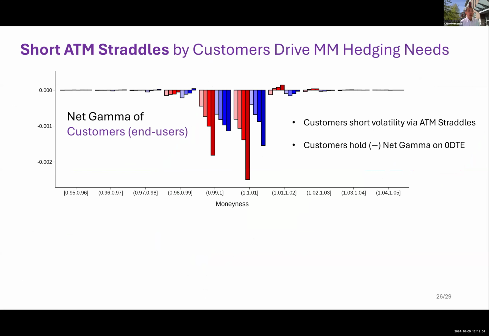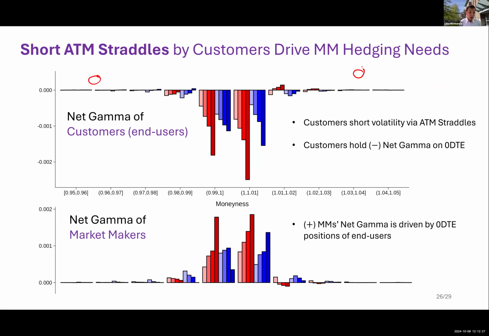And if you were to calculate the net gamma position of customers throughout the day, this is what it looks like. You can see that all this is gone from the wings, from out of the money, they go to zero because their gamma is zero. And it's all coming from the at the money short volatility bet that is creating this. So that's the gamma that customers produce, which is absorbed by market makers who are the counterparty. And we show the results below here for the market maker. That's why they have positive net gamma,